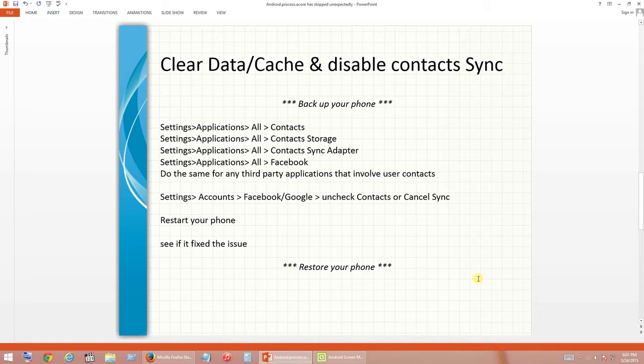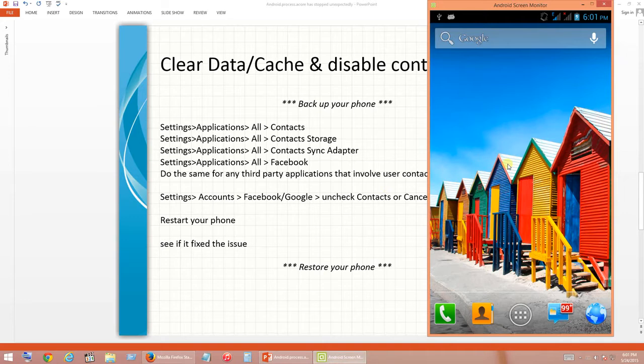The first step we are going to follow is to clear out the data and cache for the applications related to contacts, and then disable contact sync between your applications such as Facebook. I will show you one by one. This is the Android device.